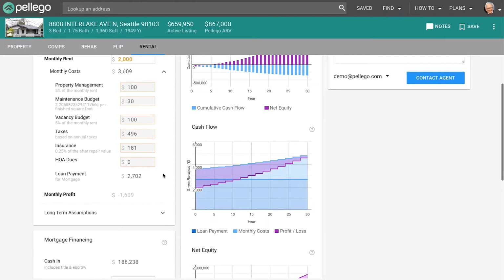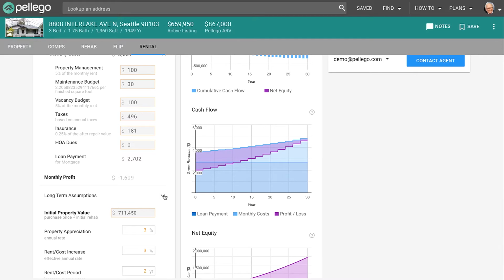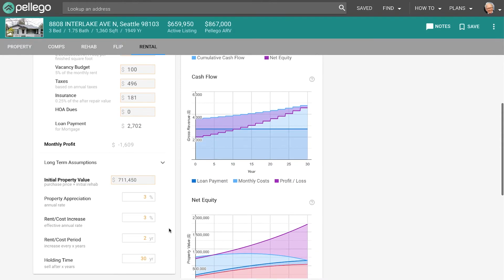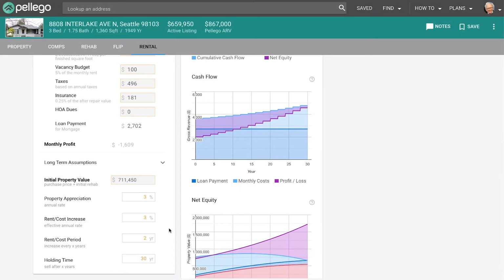Your other set of assumptions are your long-term assumptions. That is, how's this property going to perform over time? The main types of assumptions that we consider here are the property's value, that is, its appreciation and depreciation over time, the rental income and its appreciation or depreciation, and how often we're going to change those rents. Right now we're changing rents every 2 years, and so on the right side we can see a stair-step pattern where every 2 years there's a bump in both our rent income as well as the costs that are associated